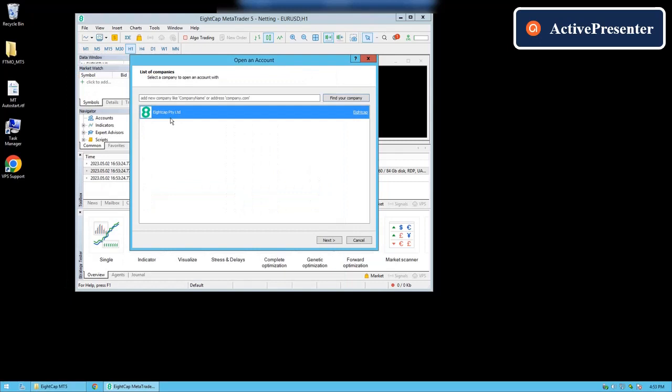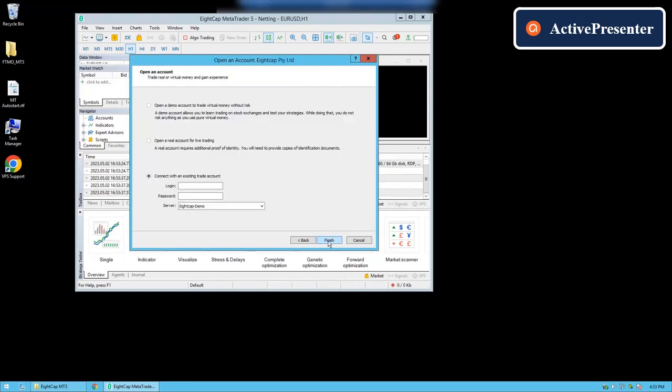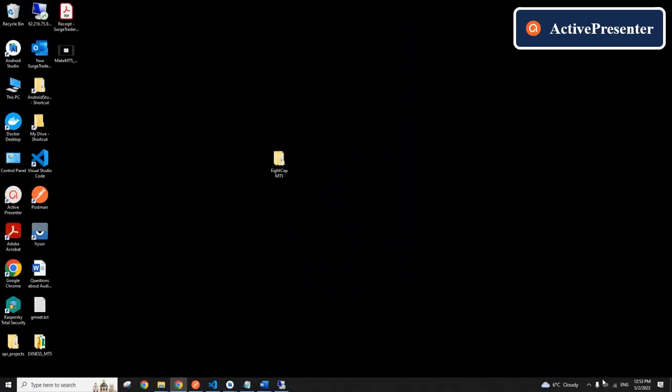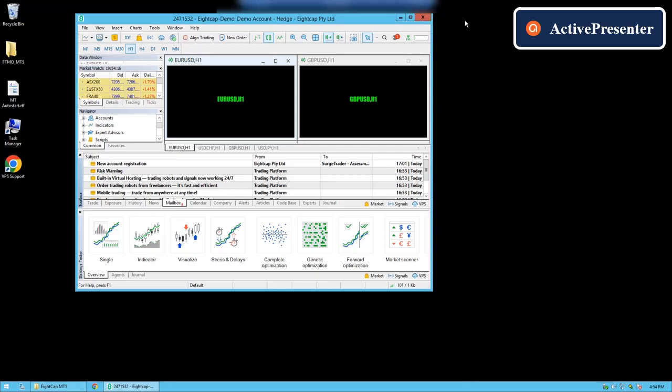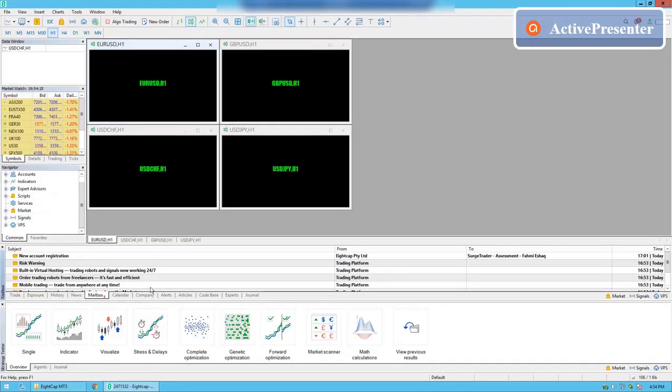So open the folder that we created and press portable to open up the MT5. Log into your account. In my case, I have a demo account. I'm going to pause for a minute. Okay, I logged into my demo account. What I'm going to do first,